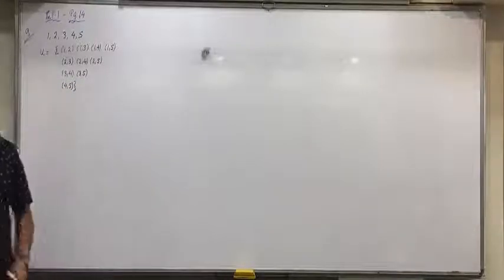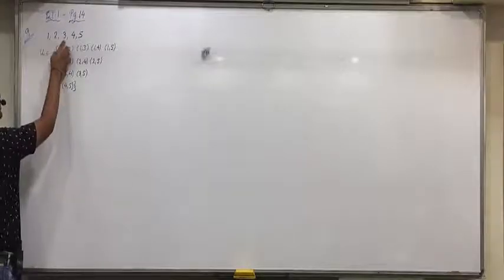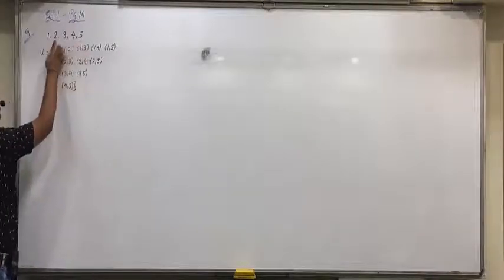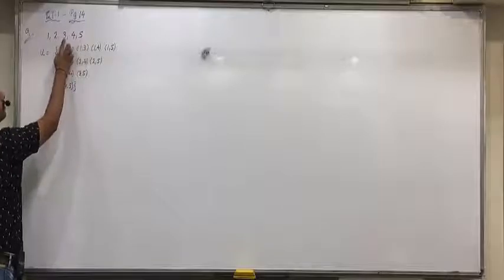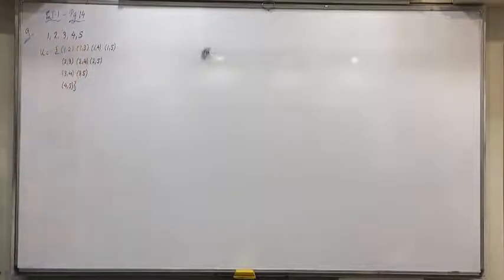You will go only forward. So starting with 1: 1, 2, 1, 3, 1, 4, 1, 5. Starting with 2: 2, 3, 2, 4, 2, 5. 3, 4, 3, 5 and then 4, 5. Anyone having any confusions in this? Who all are still writing the sample space, raise your hand.